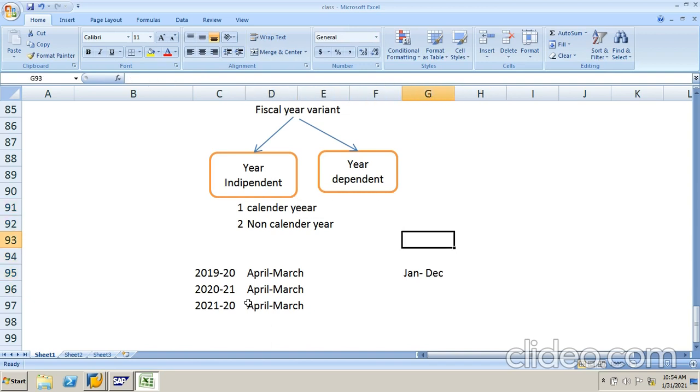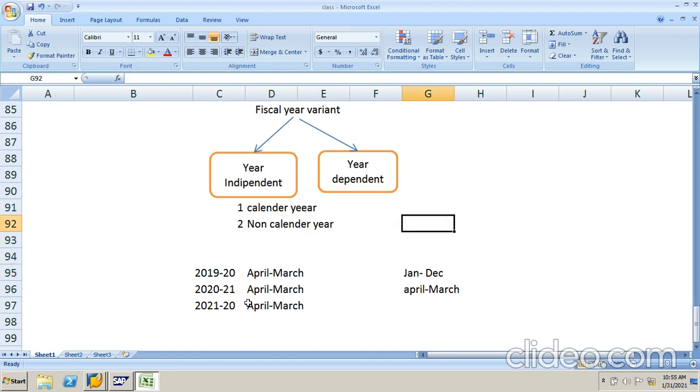In India this is not the case, because we are using April to March, so these kinds of companies come under non-calendar year.